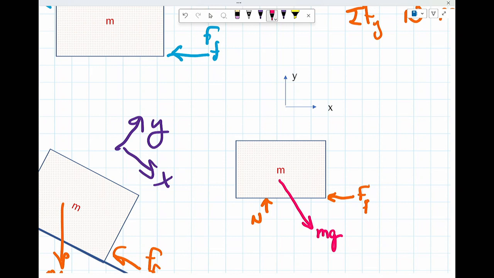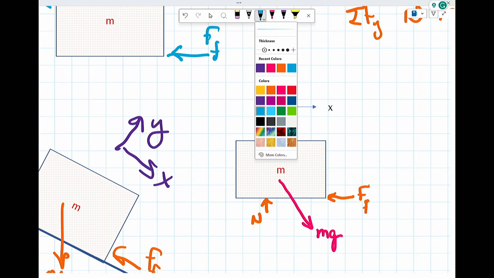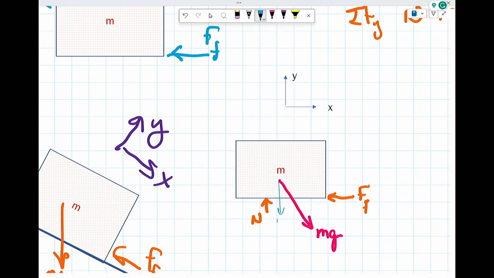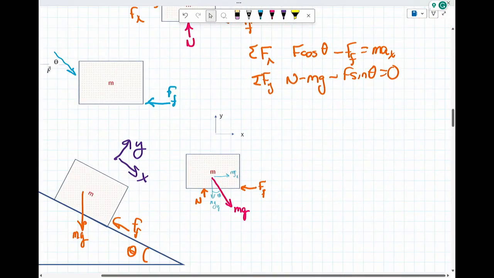And that coordinate system, this is again a common case, is then going to be broken up into parts. So I have mgy and mgx. So if I do that, and I do the geometry and I put theta in here, I'll end up with some